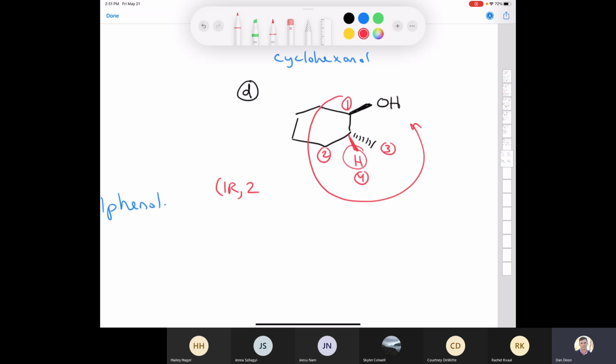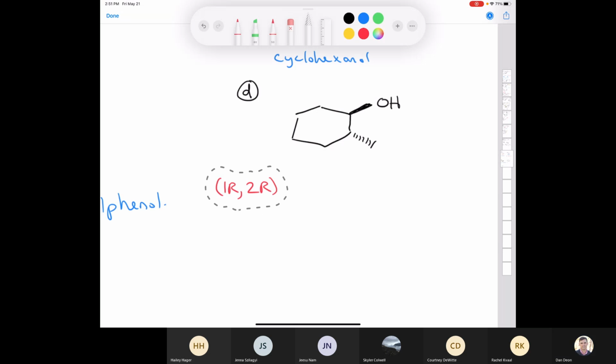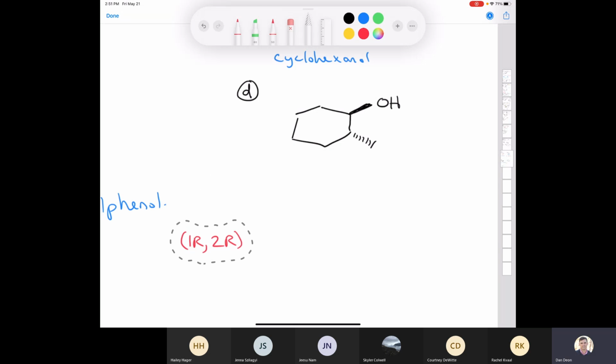But since our hydrogen is coming out in front, that would also be R. So we've got 1R, 2R, like that. I'm just going to erase this just so it becomes a little clearer. So we've got both of our stereocenters as having an R stereochemical configuration. We've got a methyl group at carbon 2, so we've got a 2-methyl. So this compound is 1R, 2R,